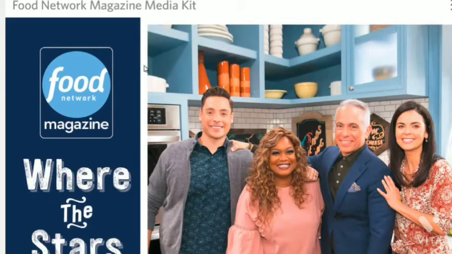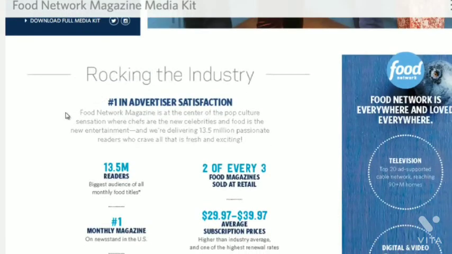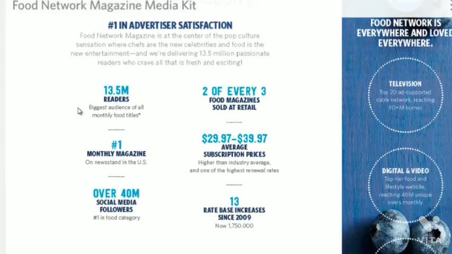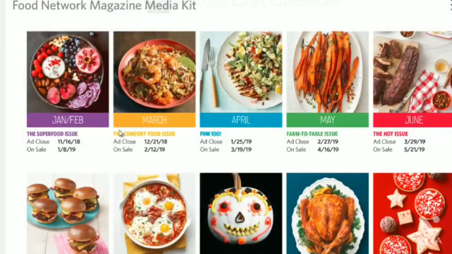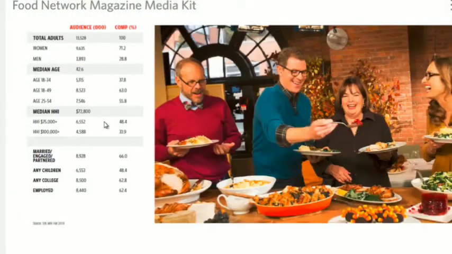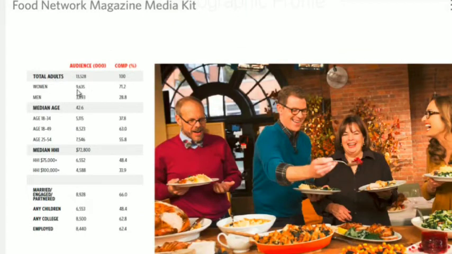So essentially, a lot of these magazine companies want you to advertise. So in order to get you to advertise, they're going to provide you with the demographic information. So we can see here, besides this data, sometimes if you scroll further down, it'll tell you stuff like this: adults, it looks like mainly women, probably 70% women or 90% women actually. It tells you the age group. The majority are 18 and above, how much money they earn, if they have children, are they married, are they employed, what is their education level.